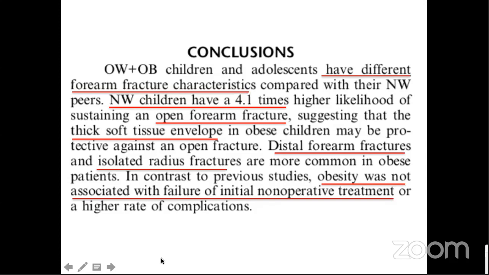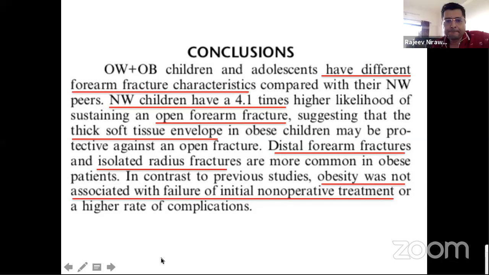But if you have a similar fracture in a thin child versus an obese child, for example a displaced radius ulna fracture, in a thin child you may treat with closed reduction and plaster. In an obese child, the same fracture may have to be treated with elastic nailing. So that's the difference. But overall, in the obese children I have treated, the fractures have not been severely displaced, because they don't have high energy trauma. They don't cycle or run or take part in sports. They just lose balance and get fractured. Low energy falls.